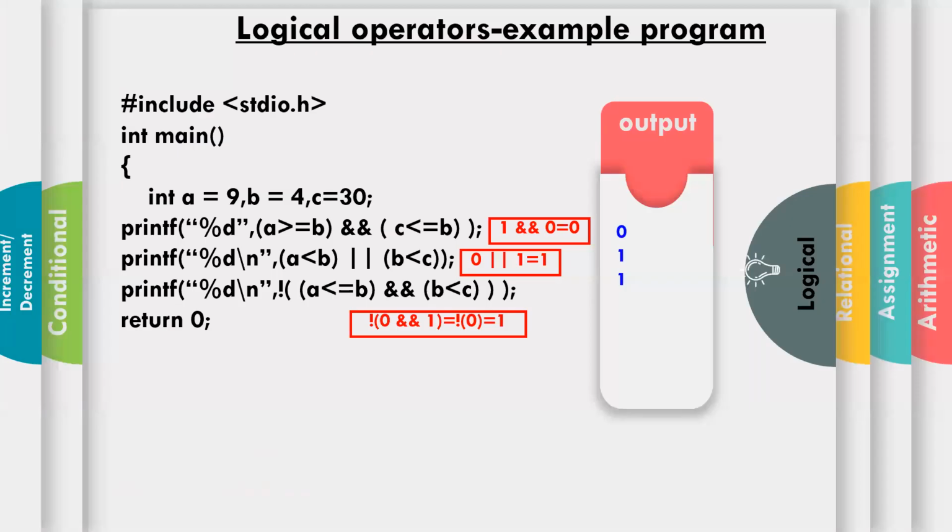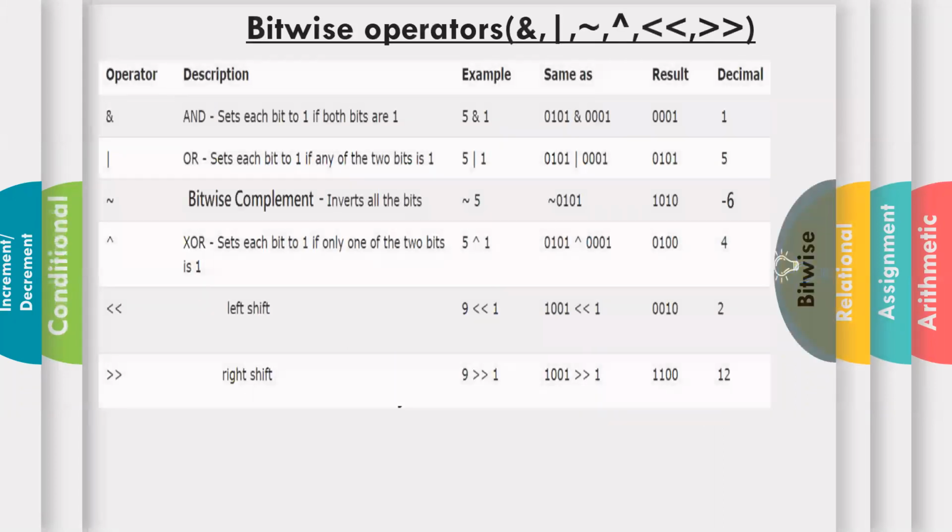So that is about logical operators. Next operators are bitwise operators. There are more bitwise operators, actually 6 bitwise operators. Coming to logical operators, only 3. See, bitwise AND: a single ampersand is the bitwise AND. If you use double ampersand, that is logical AND. The second operator is bitwise OR. Third one is bitwise complement, bitwise exclusive OR, left shift and right shift.